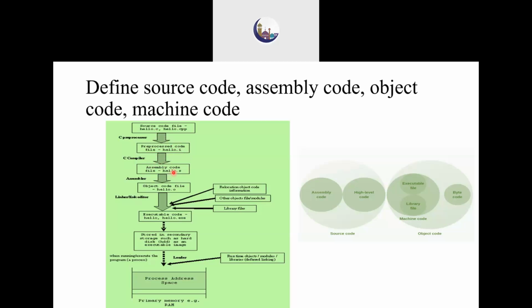This assembly level language code will be hello.s. So .c has been converted into .i, and .i is converted into .s. This assembly level language can be understood by the assembler only, so it is passed on to the assembler, which will convert it into an object code file. This object code file is an internal representation